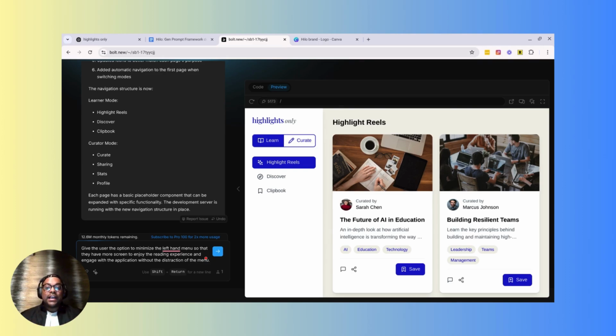So in a sense, highlight reels, discover, and clipbook are their own separate apps if you think of it that way. So it actually makes sense that if you close it, you could be in discover for an hour. You've kind of seen through the GPF doc, the video that came before this one, what we're going to do with it. You get a sense of what this is going to look like. But now that I'm thinking through it from a user standpoint, I think a collapsible menu does work,